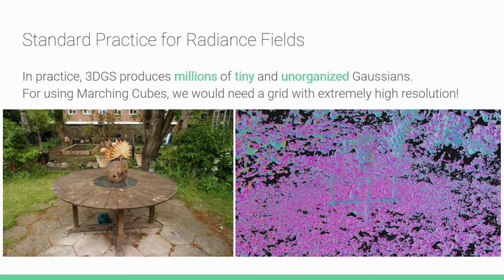The standard practice for extracting meshes from radiance fields is to apply marching cubes. However, 3D Gaussian splatting produces millions of tiny and unorganized Gaussians when reconstructing real scenes. Marching cubes does not scale well to such tiny primitives and outputs meshes like this one with a lot of holes and artifacts. Moreover, even though some methods propose to extract meshes from NeRFs, these approaches can be very slow